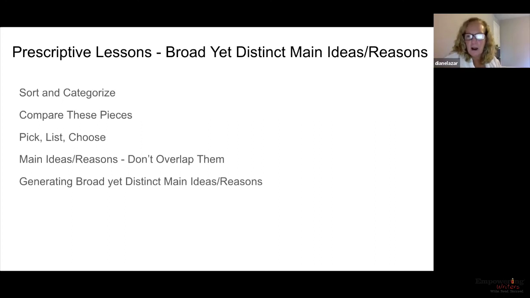If you're trying some of this out for the first time, the authors group revision model is actually a PDF in your hub, and anyone who's got the hub guide, it is in the planning section of your hub guide. So you're welcome to grab that PDF. We give you some examples of the authors group revision model.